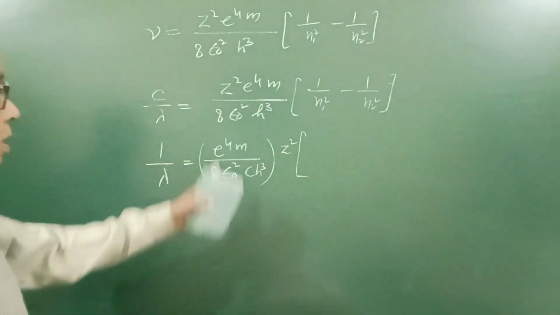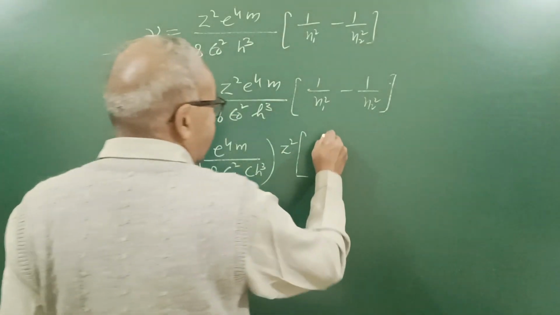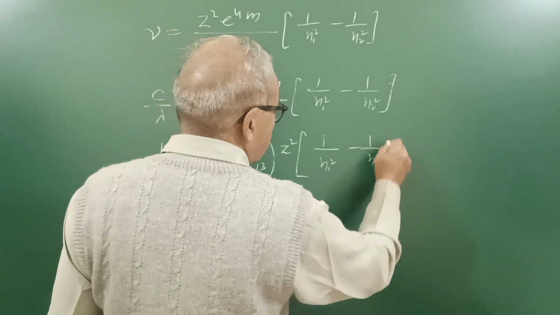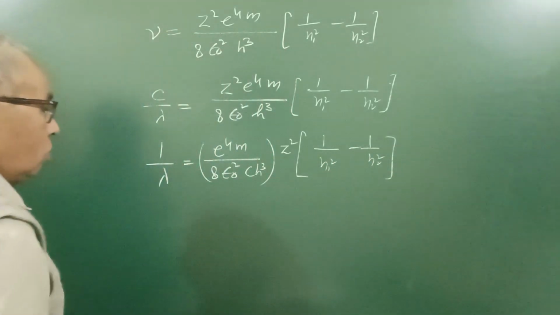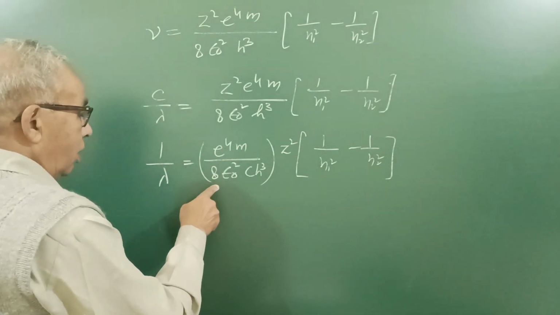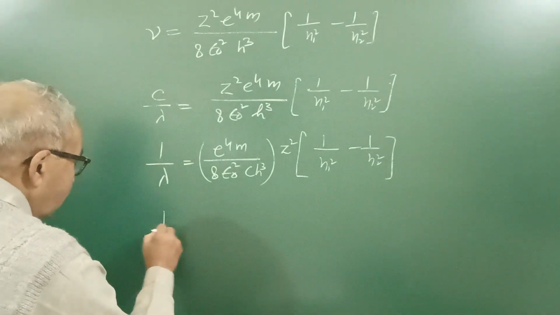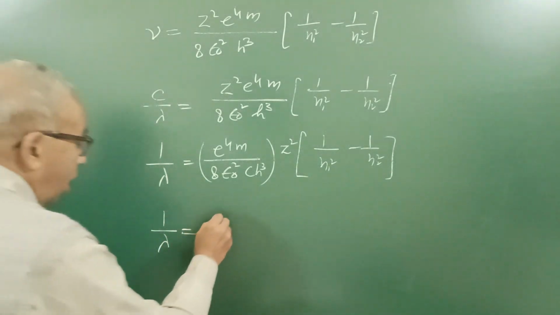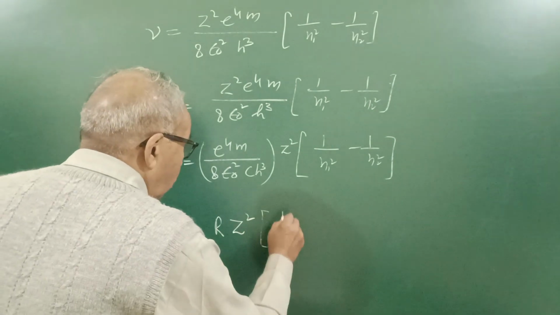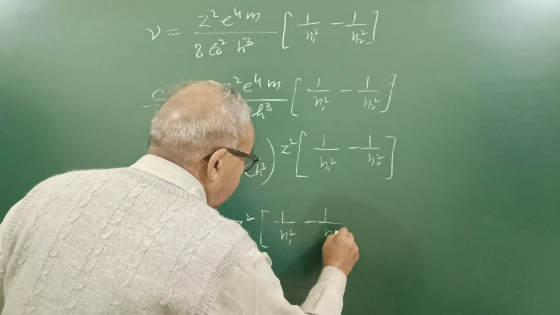I deliberately wrote it like this because of some reason I will tell you. e^4 m upon 8 epsilon 0 square c h cube is a constant value, which we write as R Z square, 1 upon n1 square minus 1 upon n2 square,